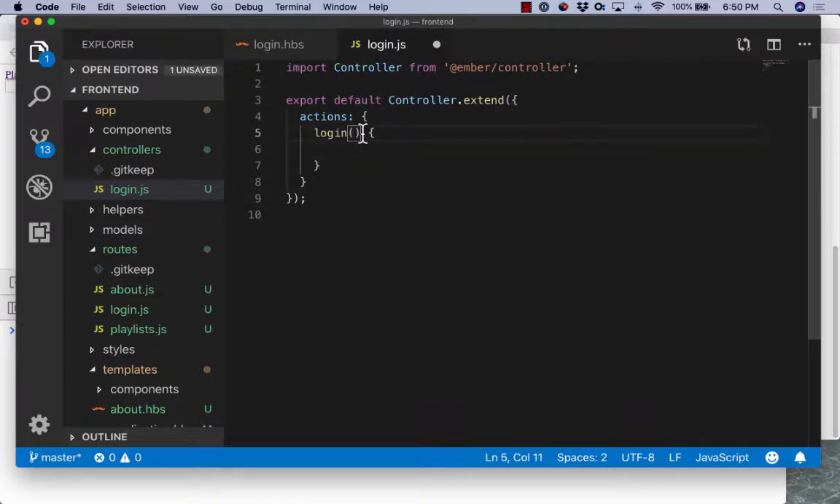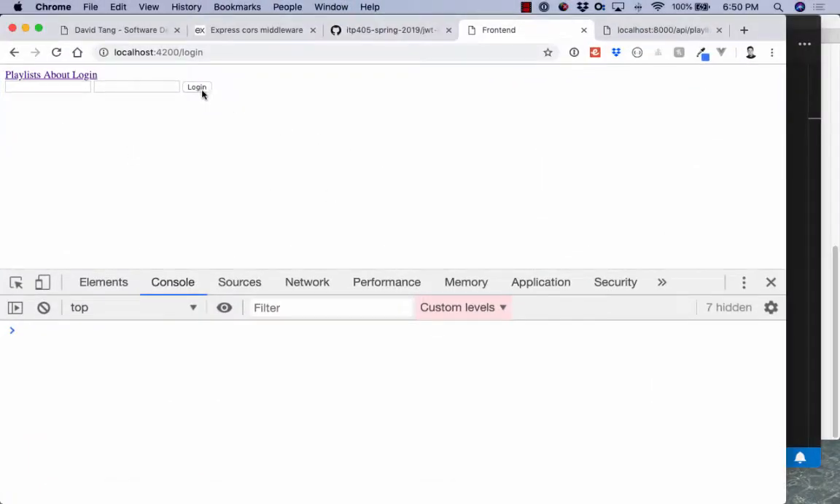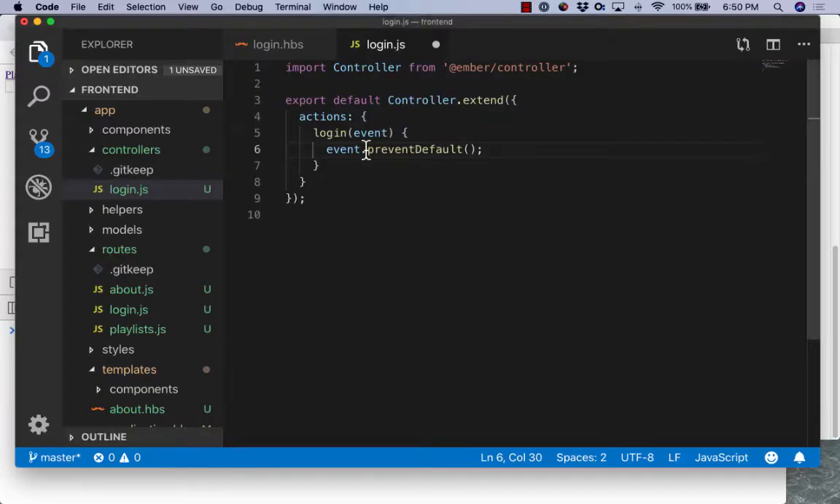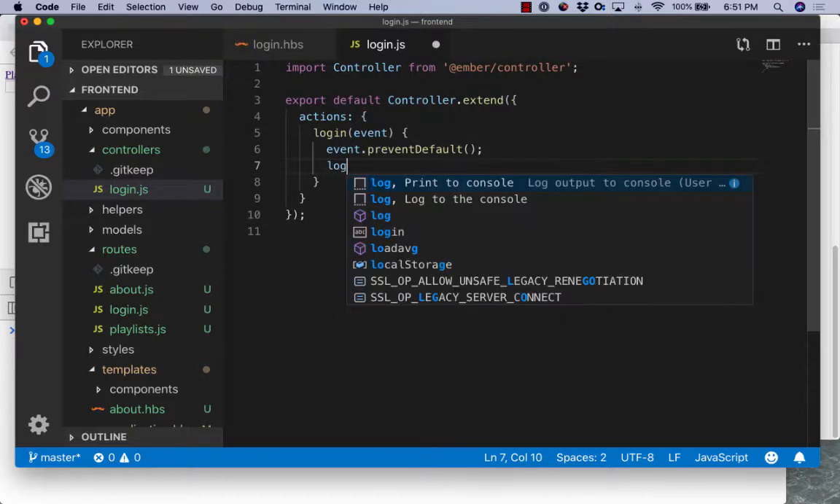Okay, so this login function will receive an event object, and here I can say event.preventDefault. You saw that if I hit login before I save, it's doing a page reload, right? I want to intercept that because this is a single page app, so I don't want the page reload. So I'm going to say event.preventDefault, and then let's do a console log of